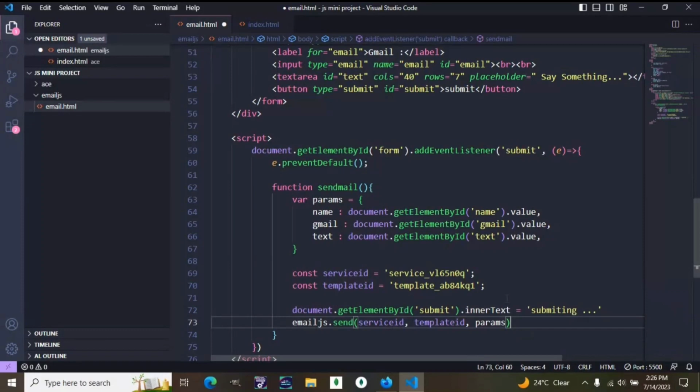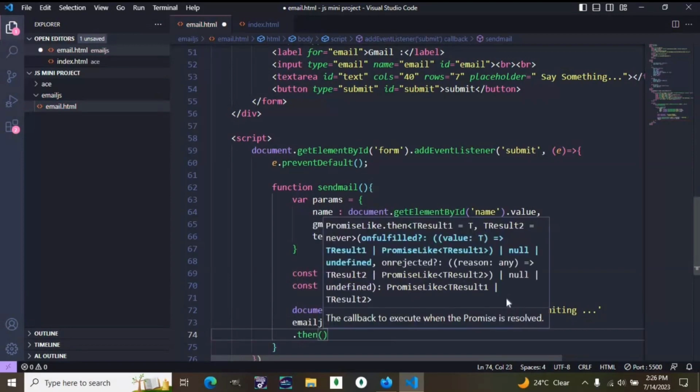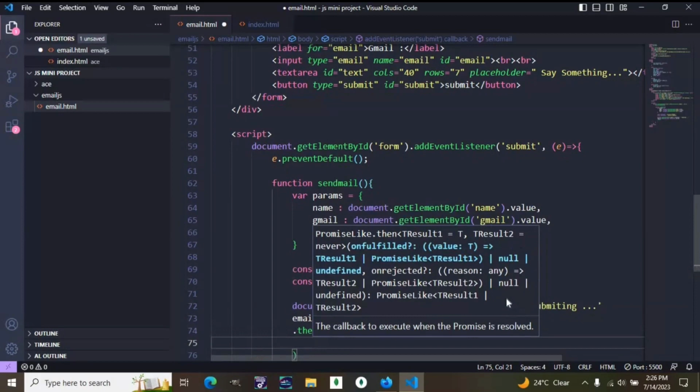After that, I'm gonna add a dot then. The dot then is kind of like, if this goes successful, do this for me. Then dot catch is like, if this goes the wrong way, do this for me. So the success is the dot then, the failure is the dot catch. For my success right now, inside this dot then I'm gonna say res,